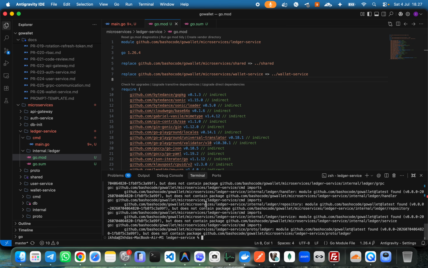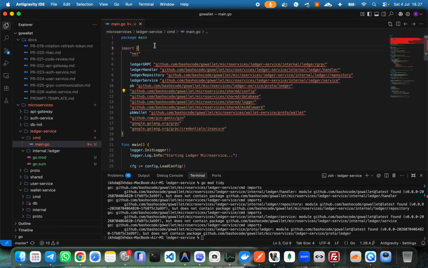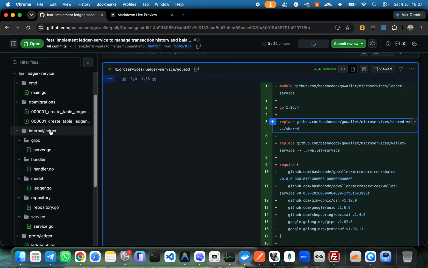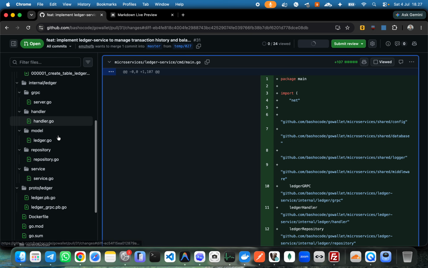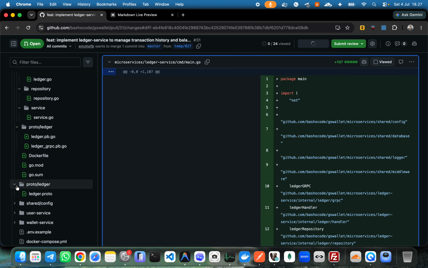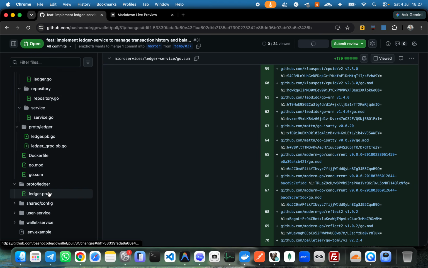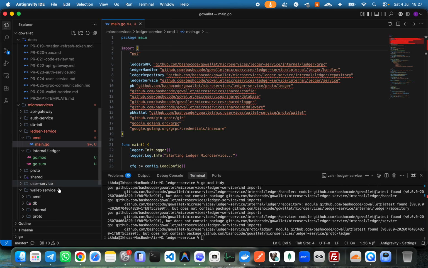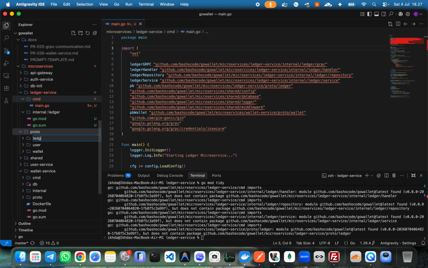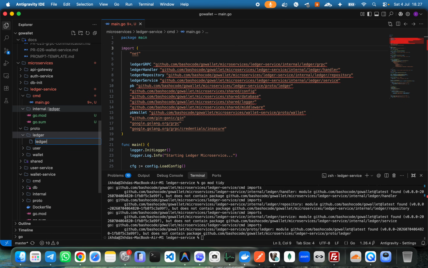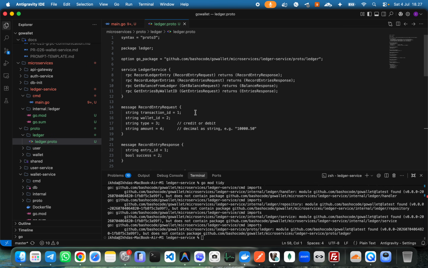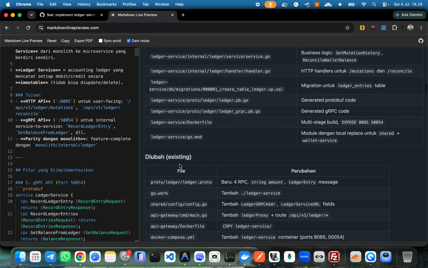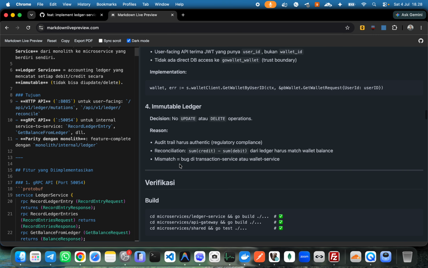The proto ledger is not found. Yeah, this should be expected. We are not adding it yet, so we go here, cancel, and then we check in the CMD. We have this one, we add the proto ledger first. Proto ledger here, proto ledger dot proto, and we should run the command to make to get the